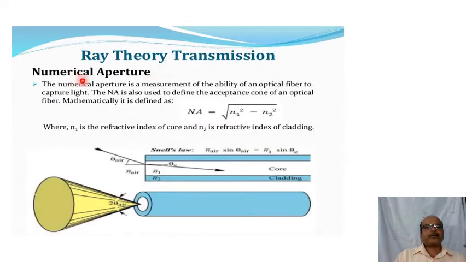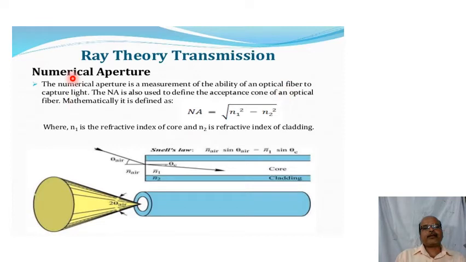Ray theory of transmission. In that, this is the numerical aperture. The first experiment in our syllabus is to find the numerical aperture. What is the numerical aperture? The numerical aperture is a measurement of the ability of an optical fiber to capture light. So in the oral exam, if you are asked what is numerical aperture, the ability of an optical fiber to capture light